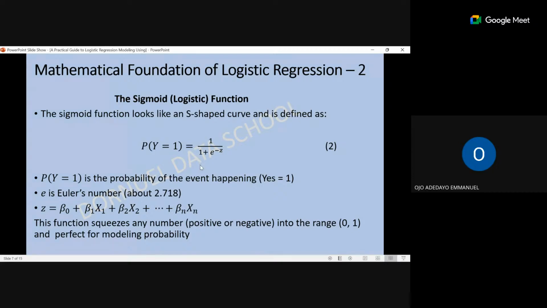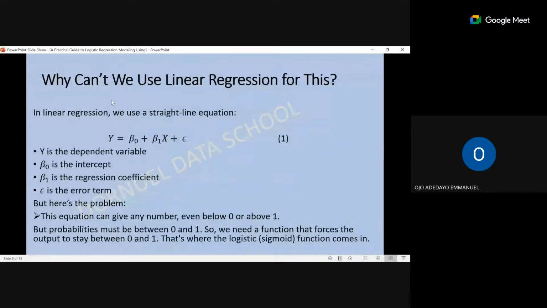Let us now come back to our equation 1. If you look at this equation 1, it is called simple linear regression. Why do we call it simple? We call it simple because we have just one independent variable x and one dependent variable y. But immediately your independent variable is more than 1,